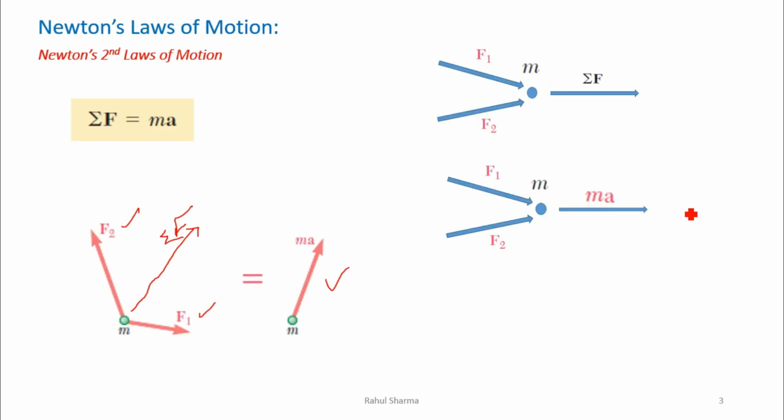In all the previous chapters we have discussed the equations summation of Fx is equal to 0, summation of Fy is equal to 0, but here in the dynamic part we are going to use summation of F is equal to ma, not 0, because we are considering the motion with the reason.